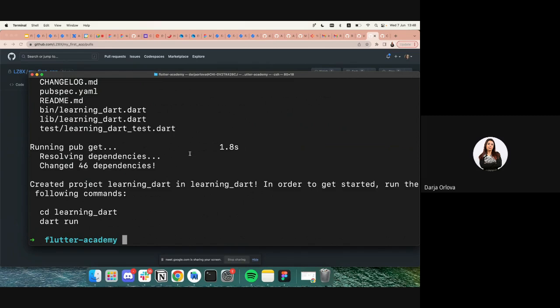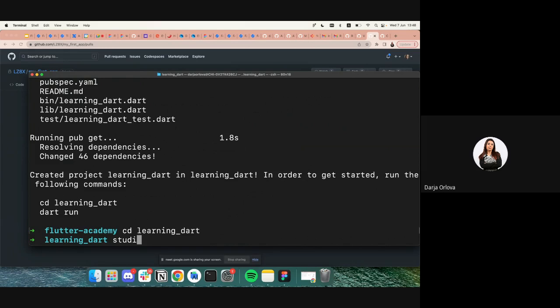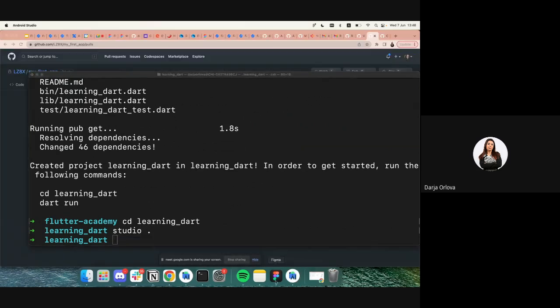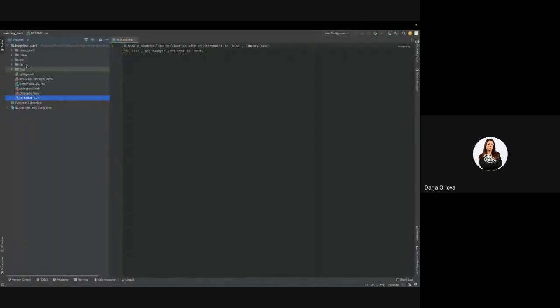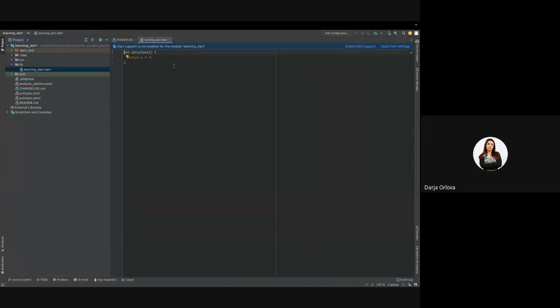Okay, open it. Open it in Android Studio. We'll quickly just review two things. First, you need the lib folder, and it has the learning_dart file. If you have this blue thing that says Dart support is not enabled for the module learning_dart,